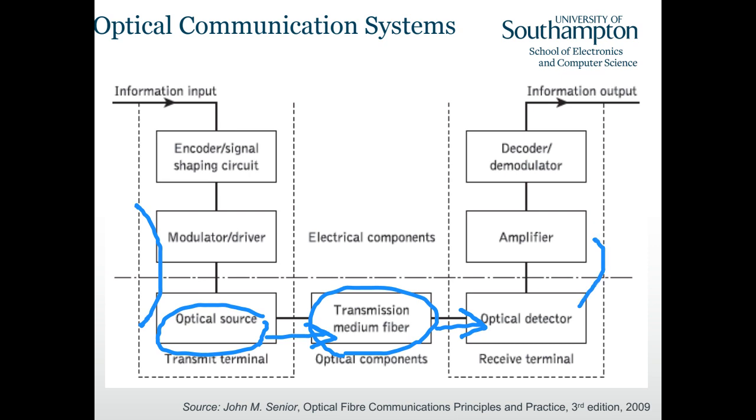So the biggest limitation here is the conversion between the electrical domain and the optical domain. Fiber can carry very large bandwidth signals, but the conversion cannot modulate that high bandwidth. Normally the fiber can support transmission on the order of THz, but the modulation bandwidth is normally on the order of less than 100 gigahertz. So this is a major limitation.